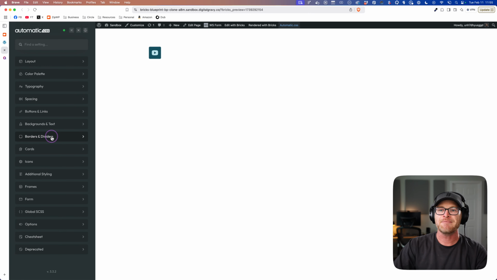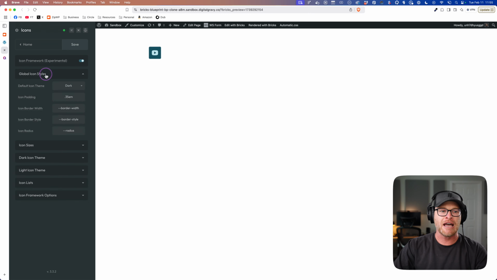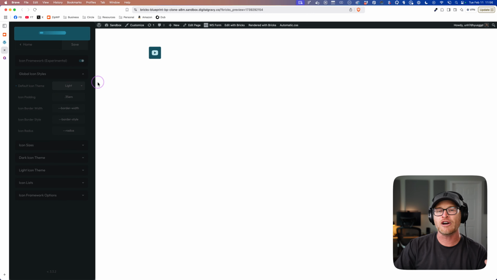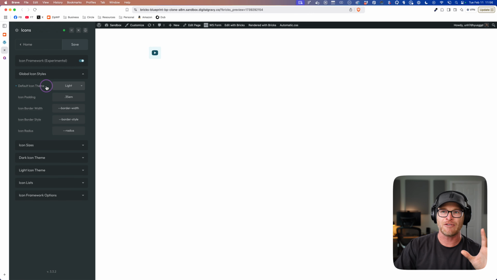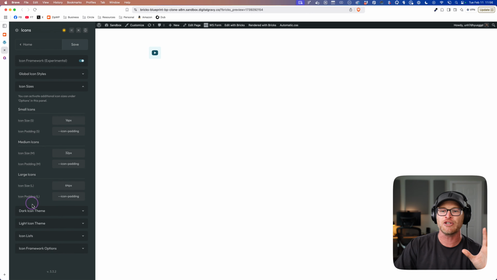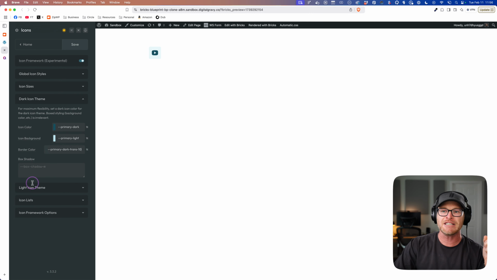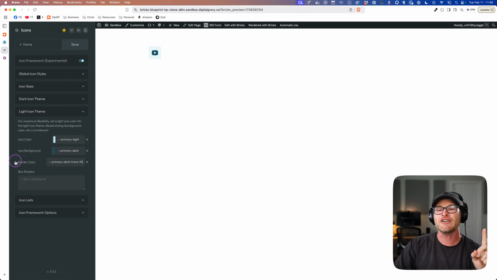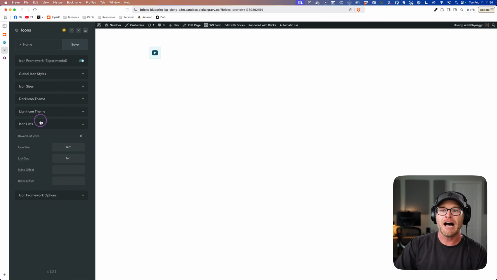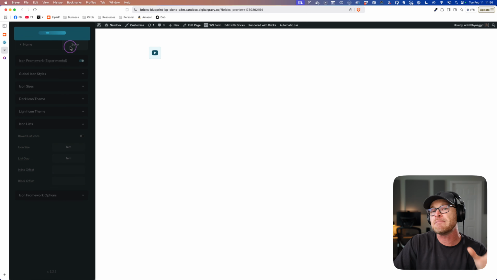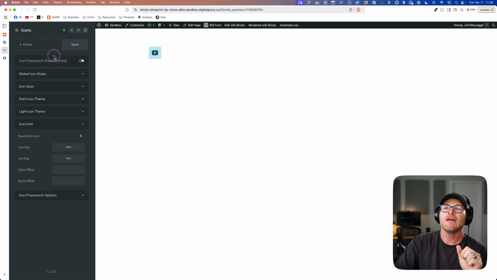Now I'm gonna go to ACSS, and I'm gonna go to Icons, and I'm gonna look at Global Icon Styles. So you can set a default icon theme. Do you want light icons, or do you want dark icons? Now, when I was first developing the framework, you can now see it's a light icon, right? This is actually, let me see, I think this install uses the old defaults. It does. So let me reset to the new defaults because I finally standardized the logic for how to think about this. And this also comes from, you'll see why it has to be this way. A lot of people might think this is an opinion. I'm gonna demonstrate why it has to be this way, okay?